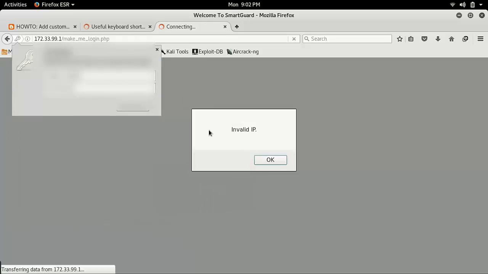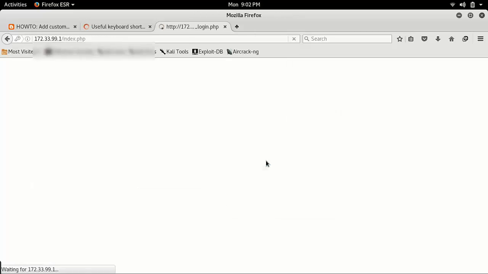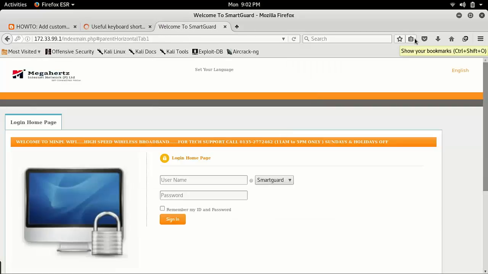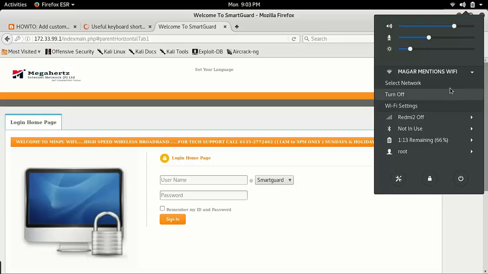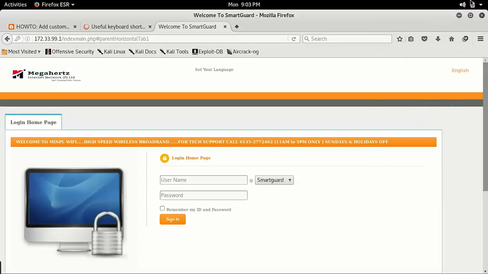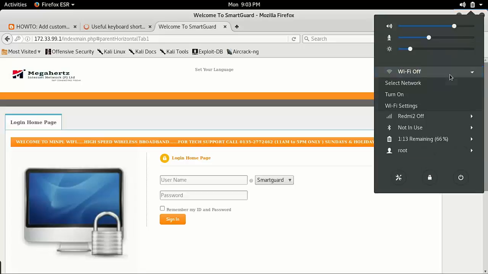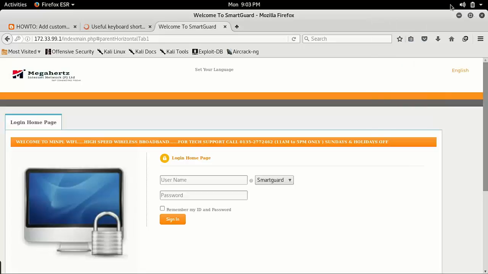It is showing invalid IP. This is because after changing the static IP I haven't reconnected or reset the Wi-Fi. So I will reset it by turning it off. Now I will turn it on again and connect to that Wi-Fi.